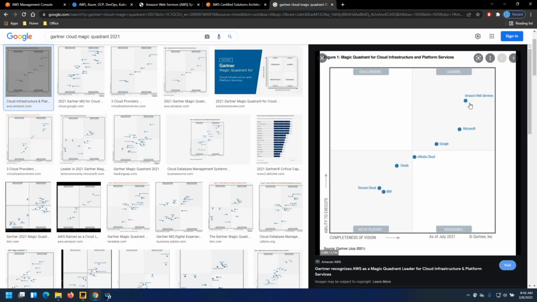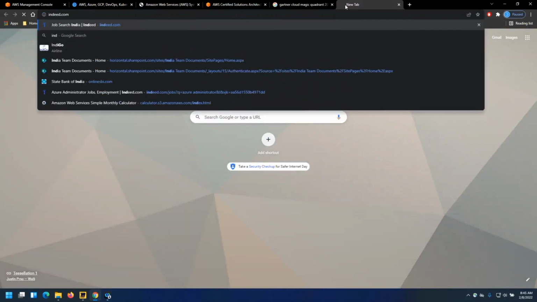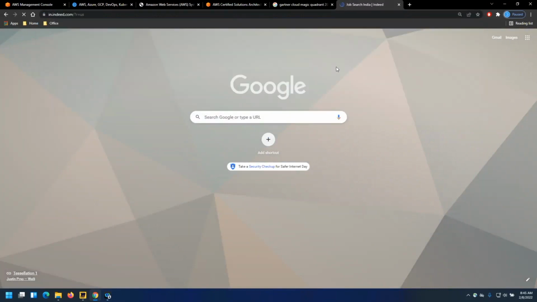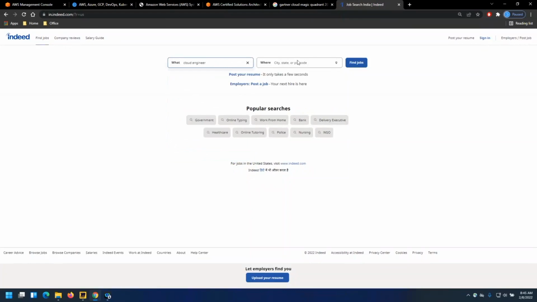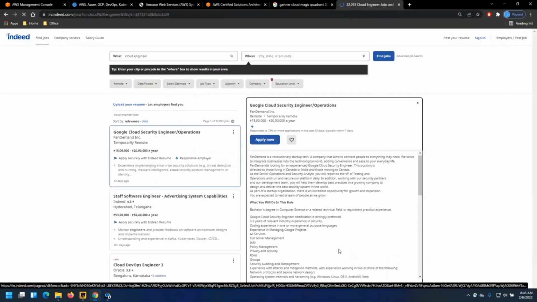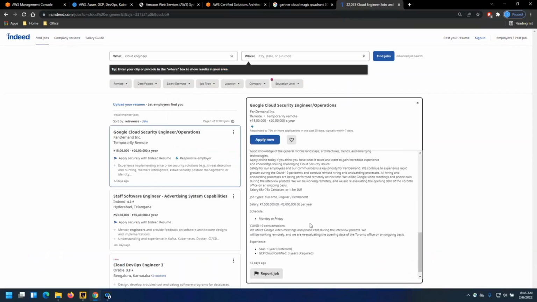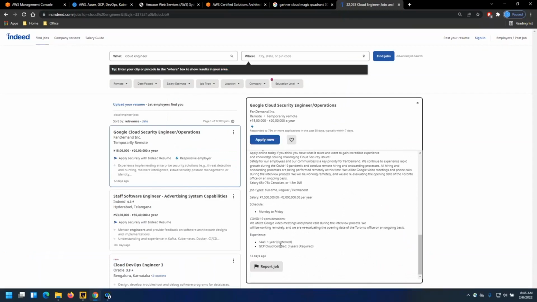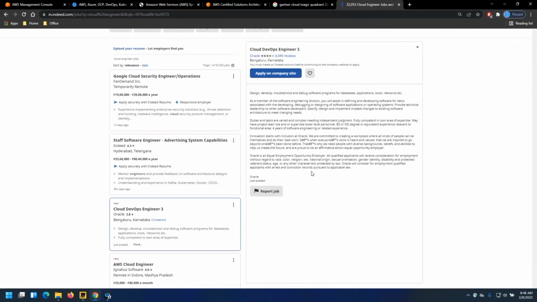Why? Because if you go to any sort of job role, let's go to Indeed. Try GCP. SaaS preferred, GCP certified, cloud DevOps.